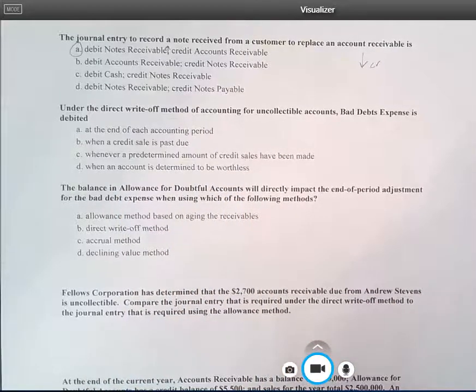Okay, so what we're trying to get at here is each one of these things that you have, A through D. We're going to do something at the end of each accounting period. We're going to adjust our allowance for doubtful accounts if that's what we're using. But